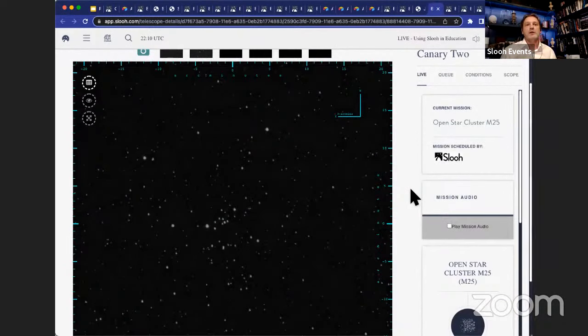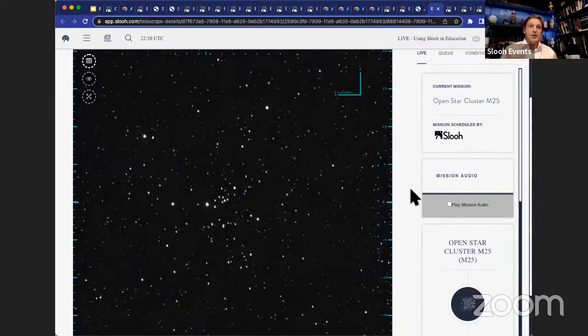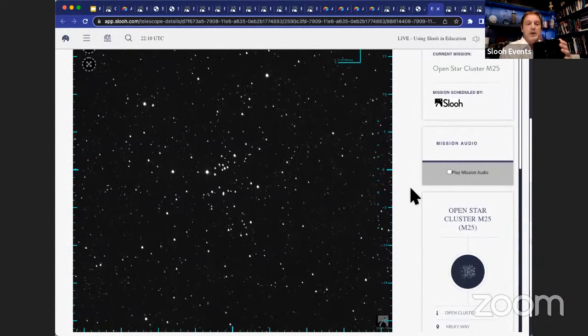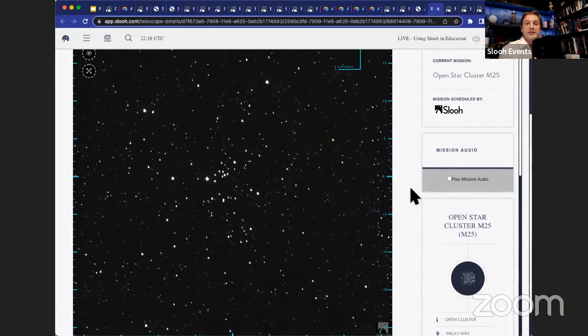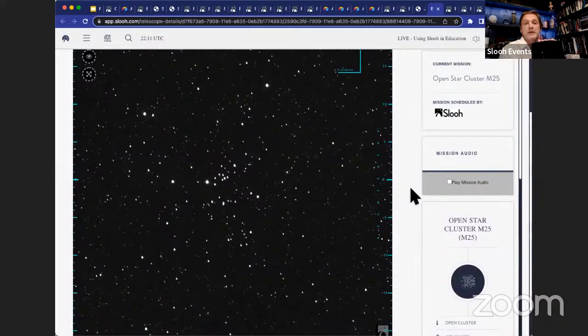This is a problem that we've currently got with the camera on the Canary 2 telescope. So these smudges that you're seeing is the cooler. These things have a CCD chip, which is absolutely enormous inside them. They're in a nitrogen-filled chamber, and that's because the CCD chip is cooled to minus 40 to 50 degrees centigrade, incredibly cold. So there can't be any air inside it. What we think has happened is there's a leak in the camera, in the CCD chamber, which has allowed air to get inside. So the smudges that you're seeing on some Canary 2 mission images are frost on the actual CCD.